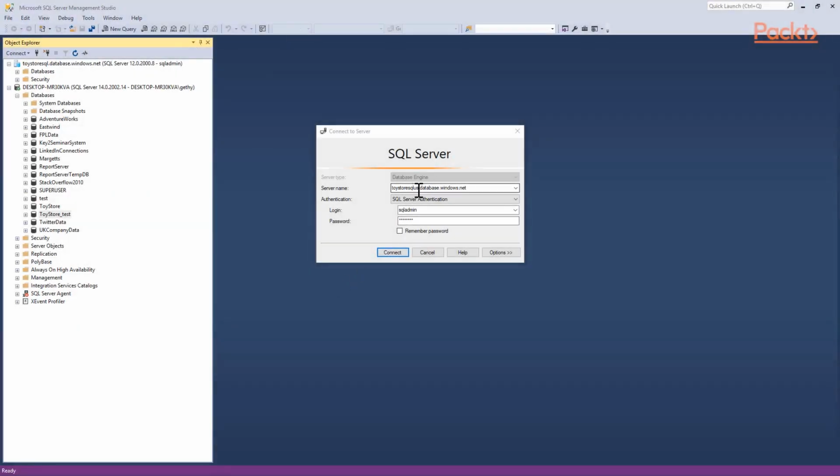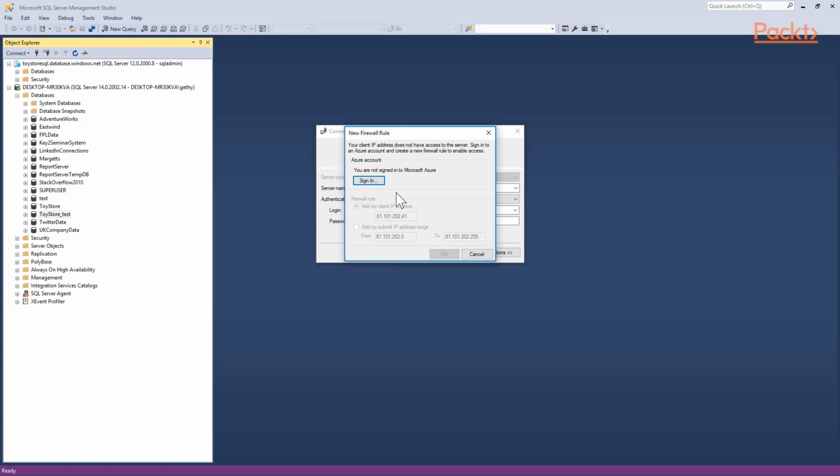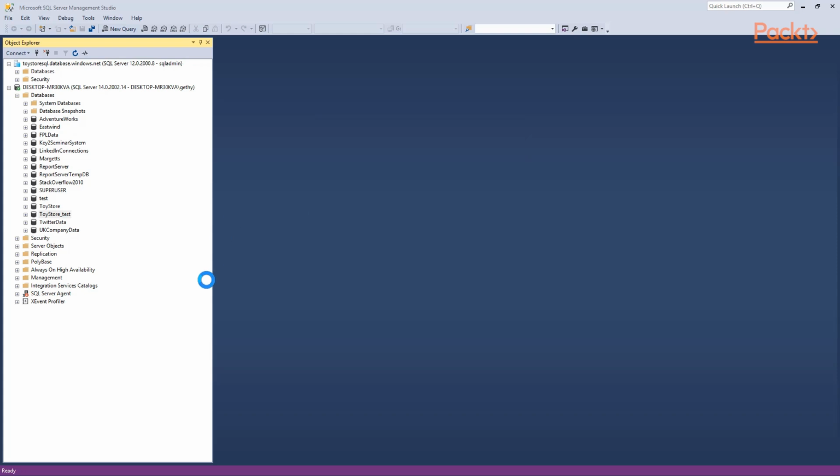Now I'll verify that we have georeplication set up by connecting to my secondary server, Toystore SQL US, with the SQL admin and the secure password. Now I might get prompted for a firewall rule here. It says I'm not signed in, so I'm going to sign in and add my IP address. So it adds a firewall rule for me, and then I can connect in, and then eventually I'll see my